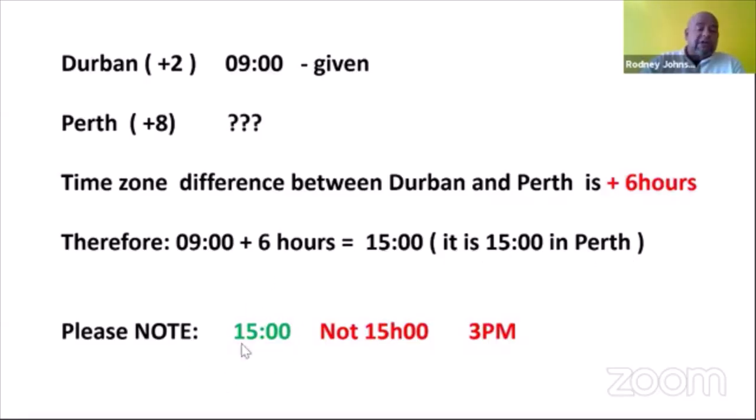Now, please note, this is the way you have to write your answer. In the field of tourism, we work with tourists from all over the world, and they have an international standard of how to write time. And this is the way we write time internationally. We don't use the 15H and the double zero for 1500 hours. We also don't say 3 p.m. because these are all English ways of expressing time. We use the international time, and this is the way you do it. The one in green would be the correct way to express 3 o'clock. Please take note of that.